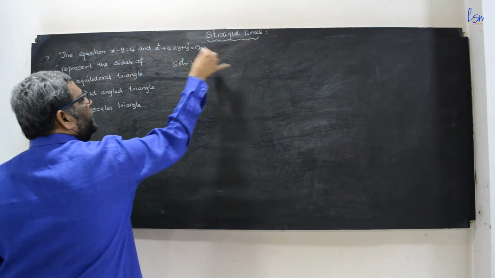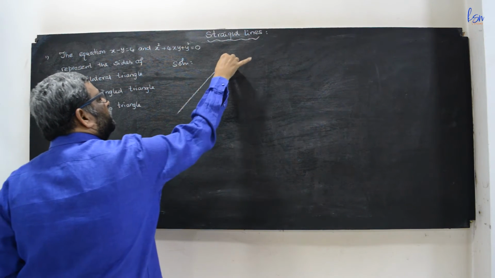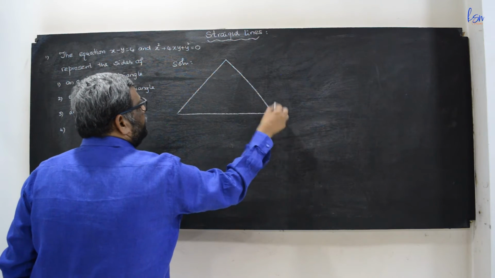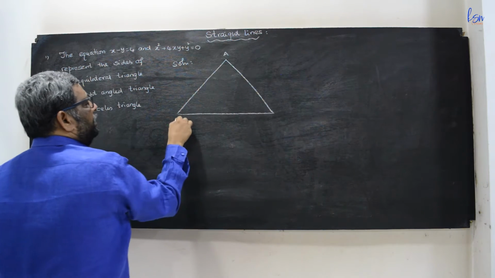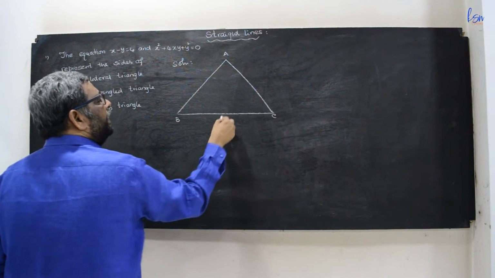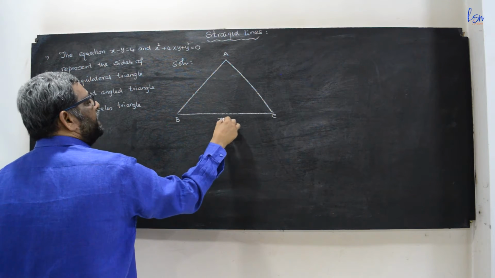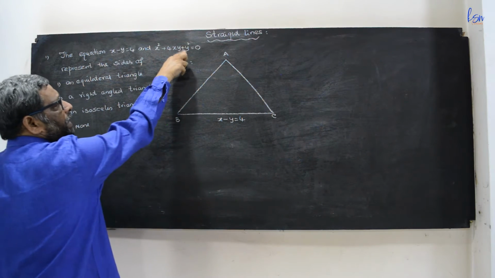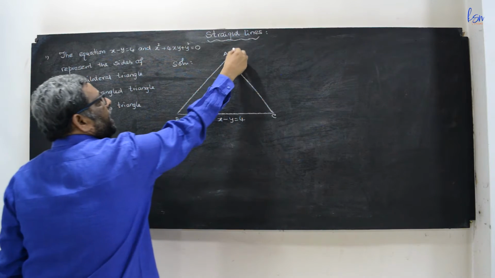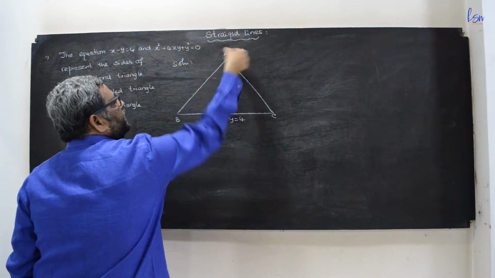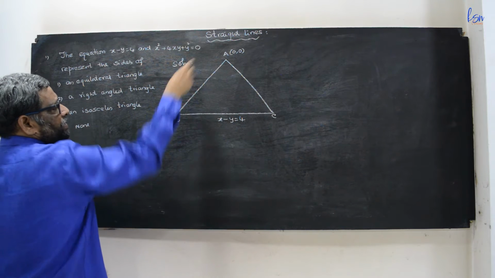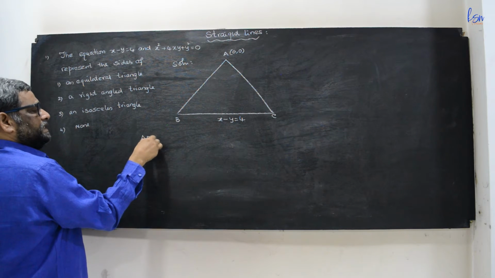We will take the triangle. One of the sides is x minus y is equal to 4. This is a combined equation of two lines which are passing through the origin, therefore this point is origin. Now we'll find out the angle between this. So AB and AC